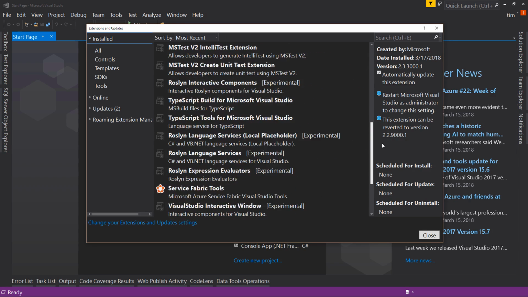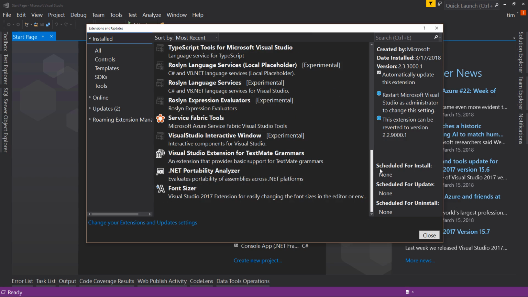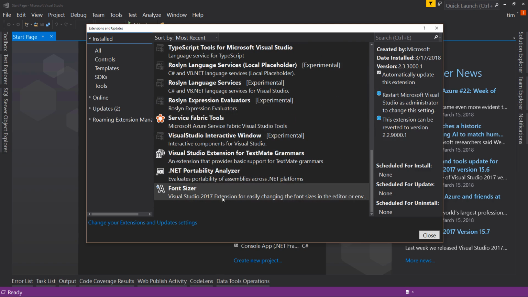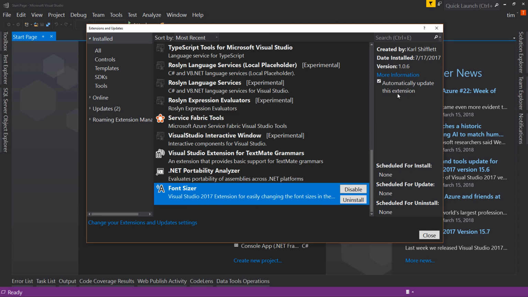So there's a list here. And actually a lot of this stuff comes from Microsoft. For example, this font sizer, that's actually an extension. I guess I was wrong. So when I said tool, increase or decrease the font, that's actually an extension from